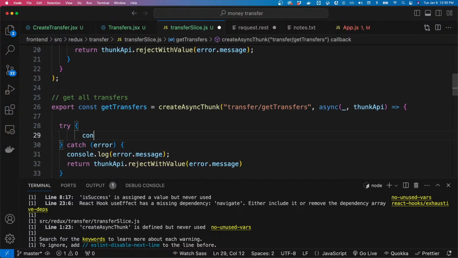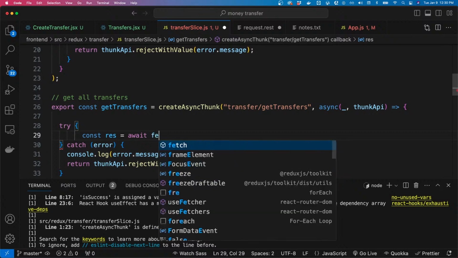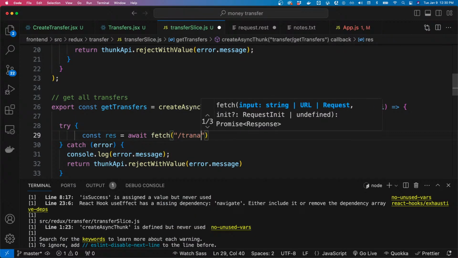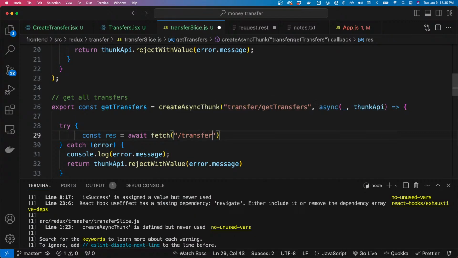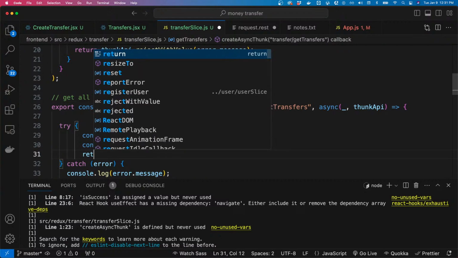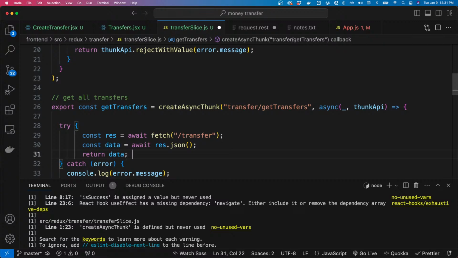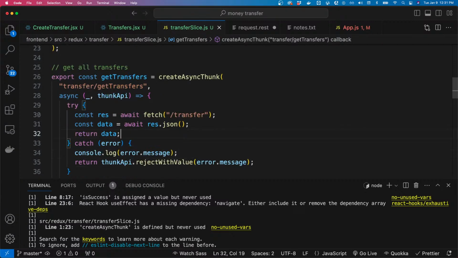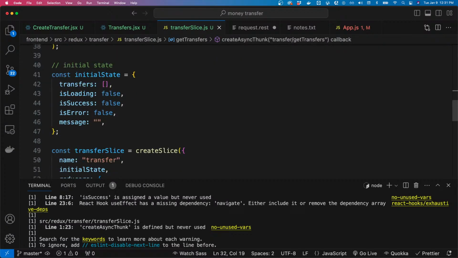Then we create our response, and then we just await and return our data. And then handle the